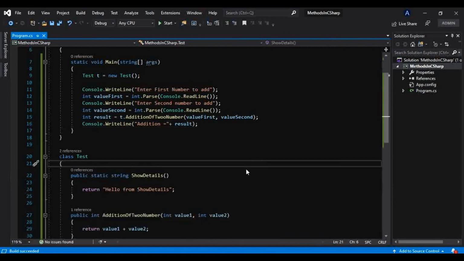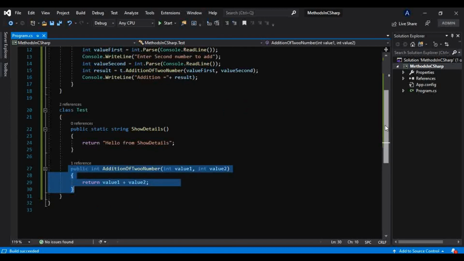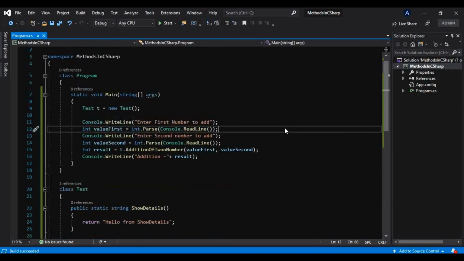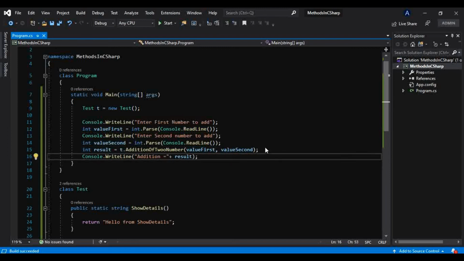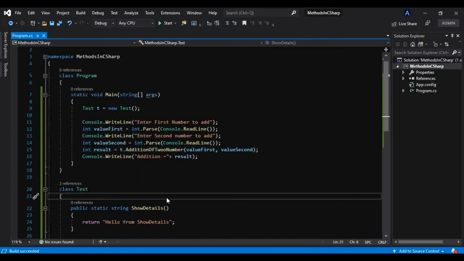So that is how you can use parameters inside your methods, for example if you want to take user inputs from the console. But this is a very simple example. We can use method parameters for many things in our application, but that will be very advanced level. At the beginning this will be enough to understand how method parameters work in methods. That is why I have taken this simple example to make you understand what method parameters are and what methods are. Okay, so now we know what methods are.